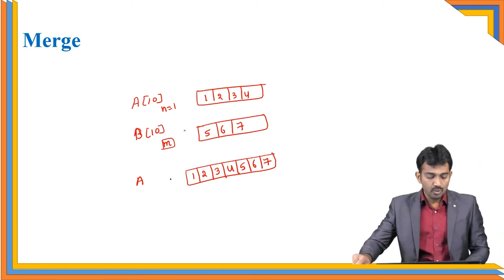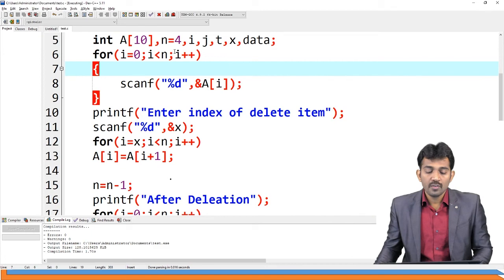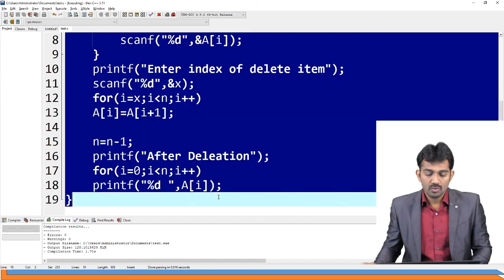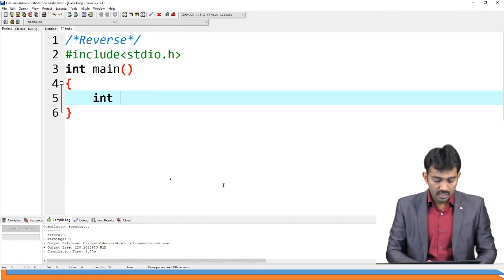I'm going to write a code for this. I'm going to remove this code. So, a bit of confusion is there. If I'm going to write, see, int of a